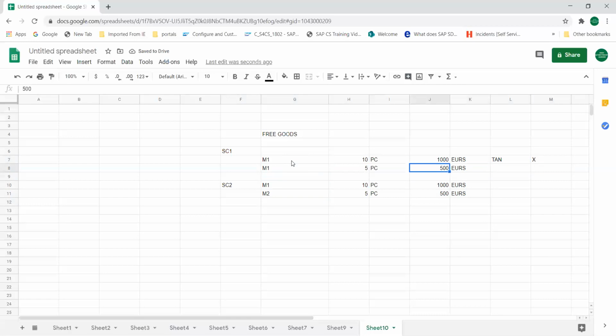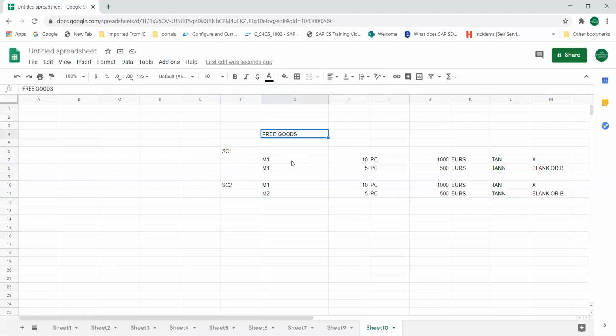If you go for free goods, the item category is TANN, which means it is either blank, as per our previous discussion, or it can be B. So these are the two categories. In a few minutes in our configuration, we're going to see how these two work, and how exactly free goods will be determined for these two scenarios.